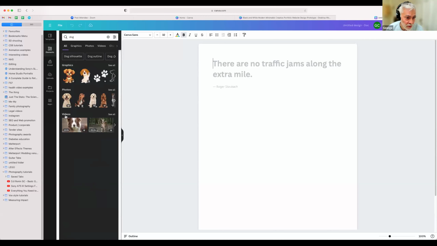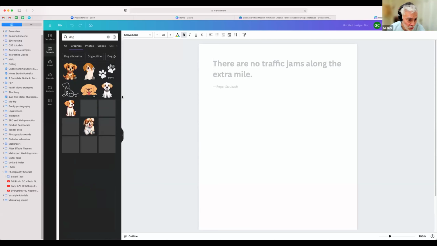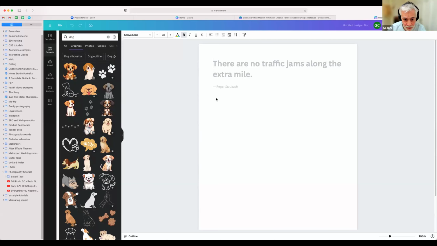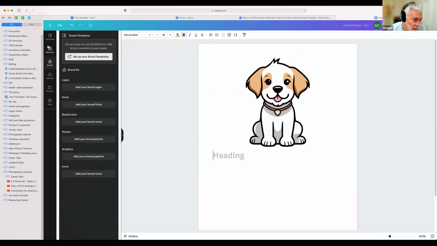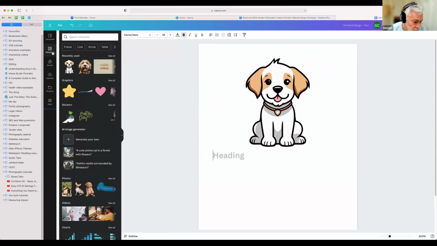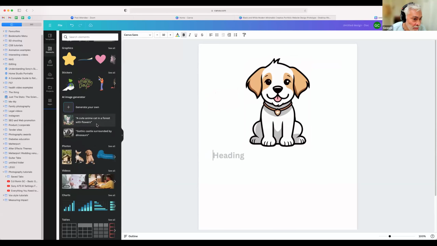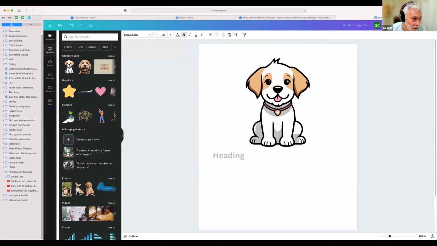Graphics, photos, videos of dogs, for example. If it's got a little crown here, you can only use it if you are in Pro. But if you're not in Pro, then you use the ones without crowns. So for example, I just grab this and just stick it into my document, and then I can go and